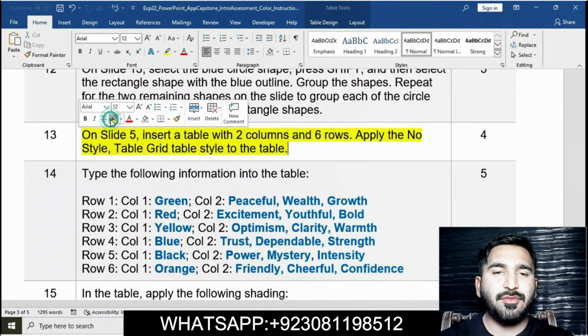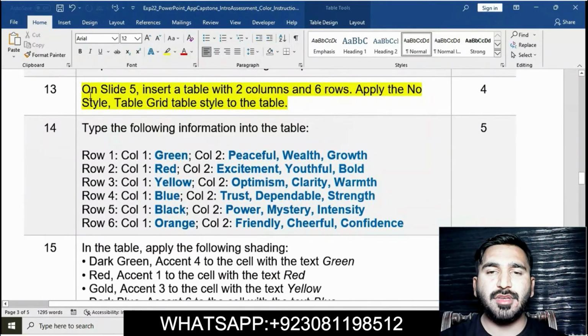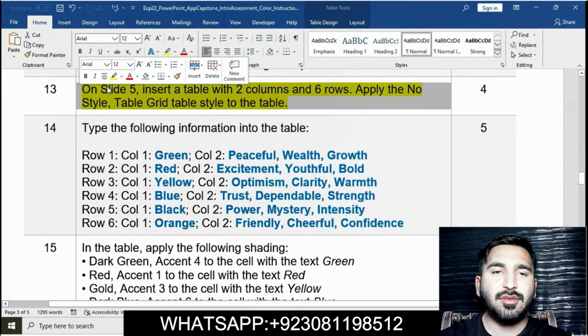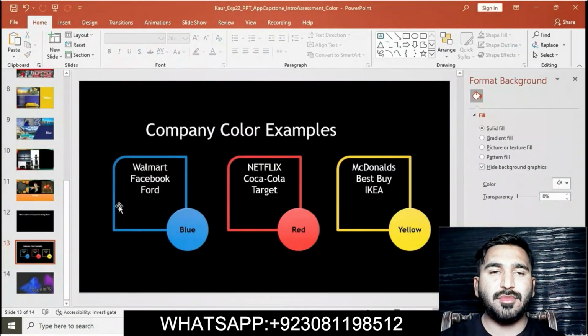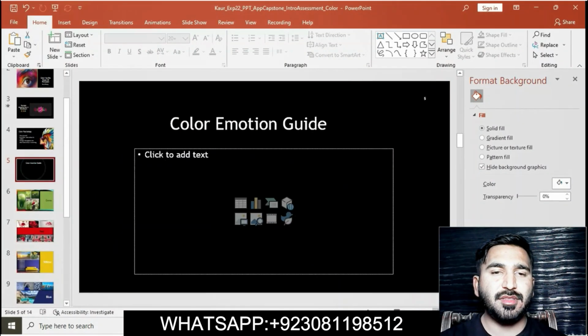On slide 5, insert a table with 2 columns and 6 rows. Apply the no style, table grid table style to the table. Click on slide 5 and then we will insert a table.